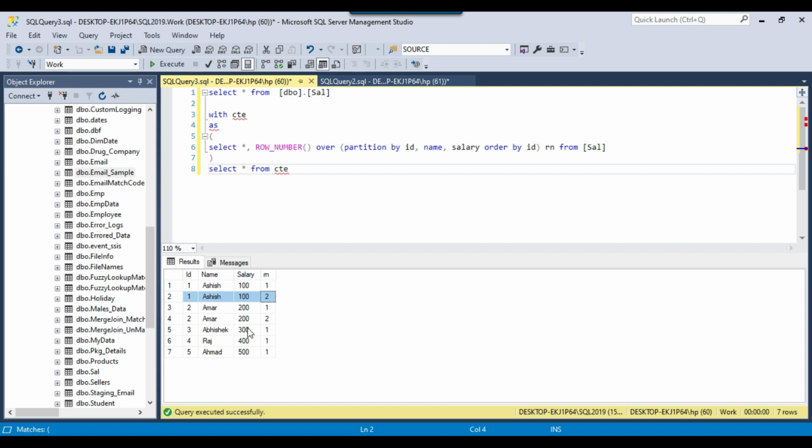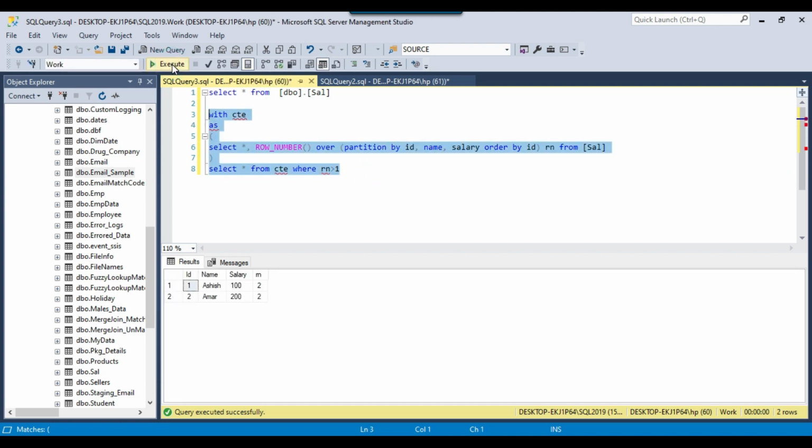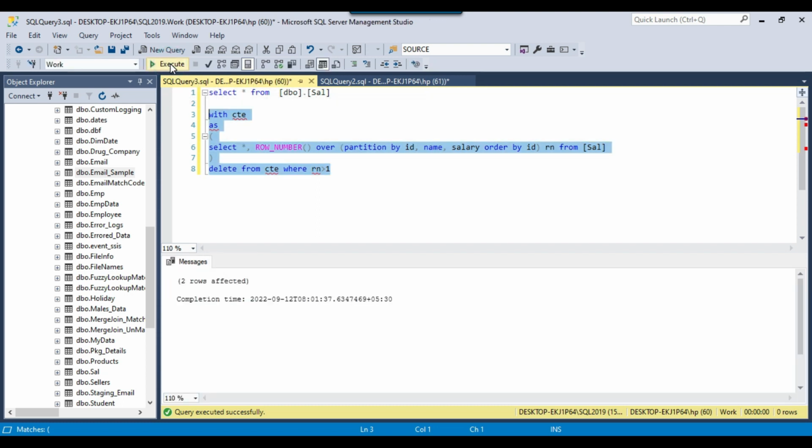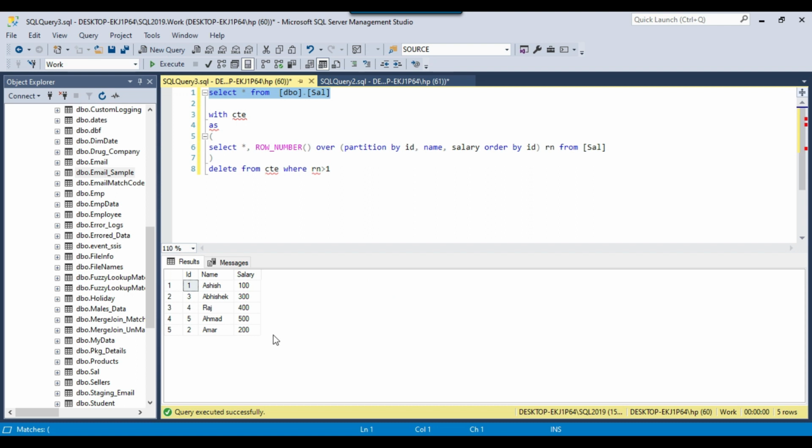So this one is duplicate and this record is duplicate. If I want to select the records where the data is duplicate, I can put a where clause where rn is greater than 1, then those records will be duplicate. So these two records are duplicate. If you want to delete them, then you can replace the select star with delete. So you can run this particular query here. Now you can see that 2 records got deleted. Now we got these many records in your SQL Server table, and the duplicate records have been deleted.